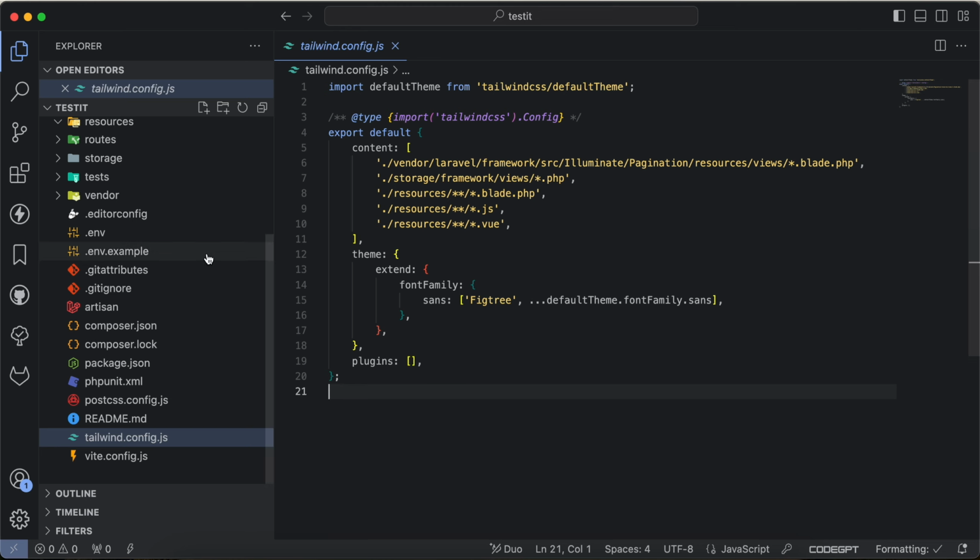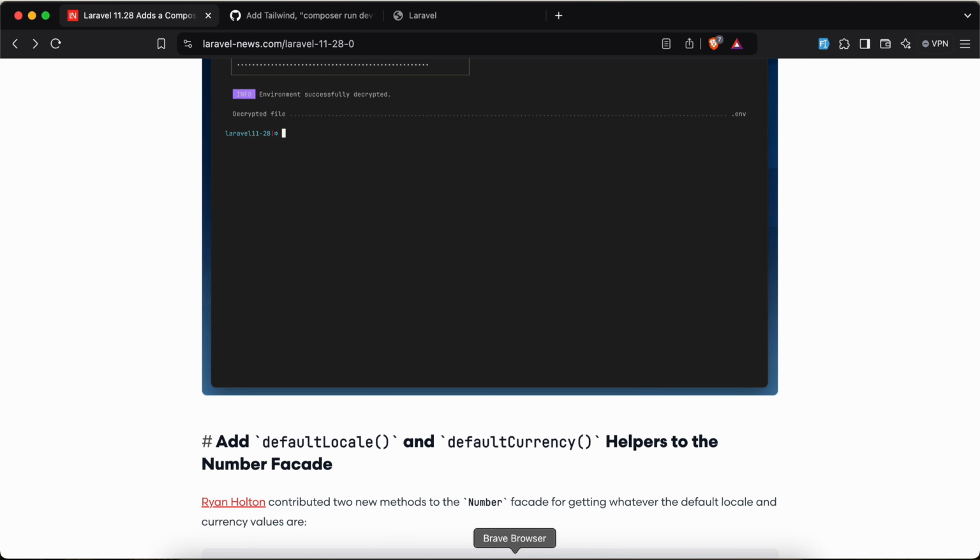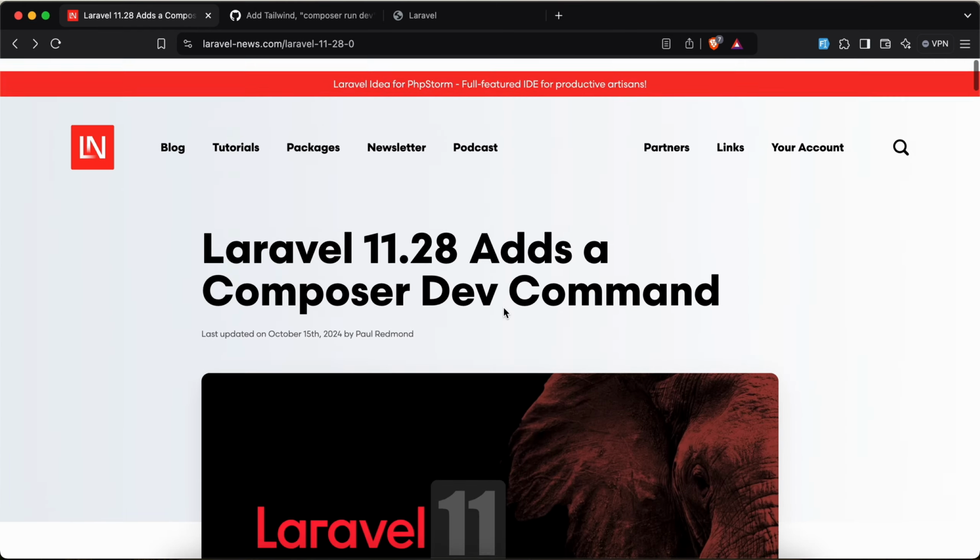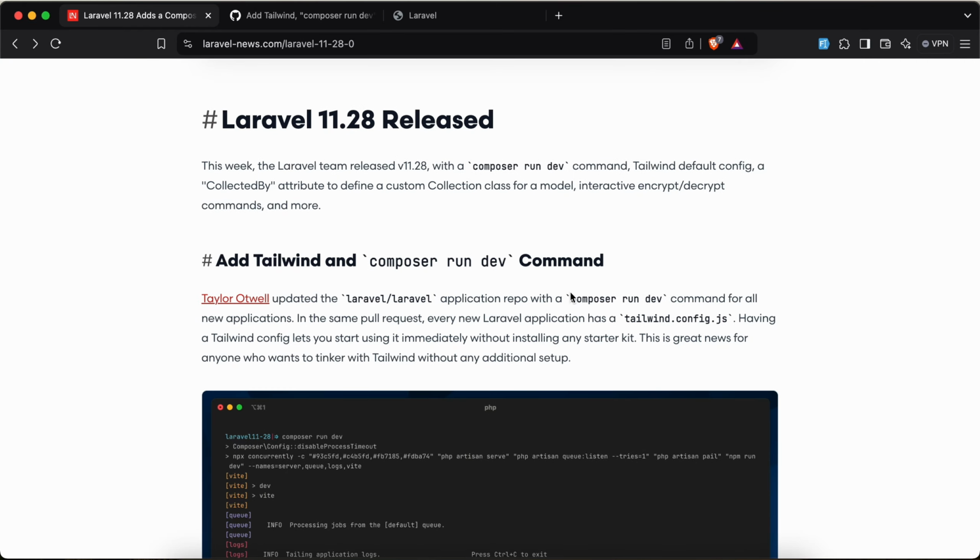As we can see here in my application, I just created it a few minutes ago. We have a new composer command added to a new project. It's called composer run dev, and it allows you to start implementing Tailwind immediately without any starter kit, because in